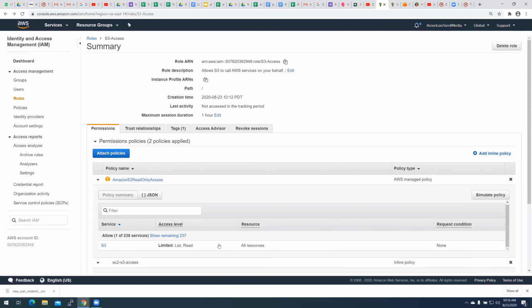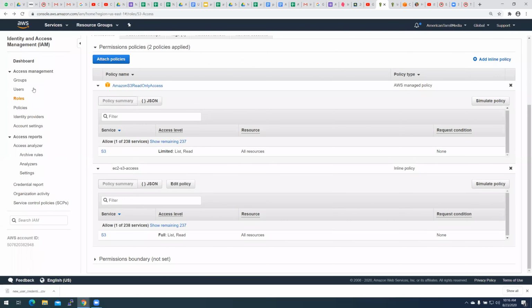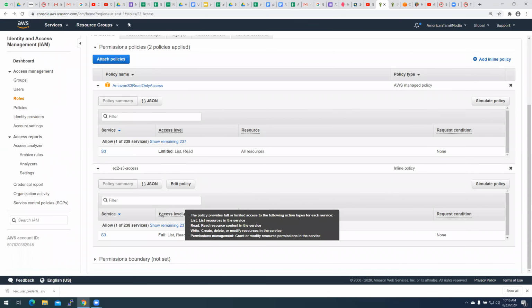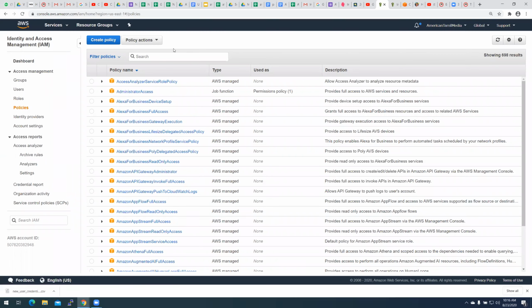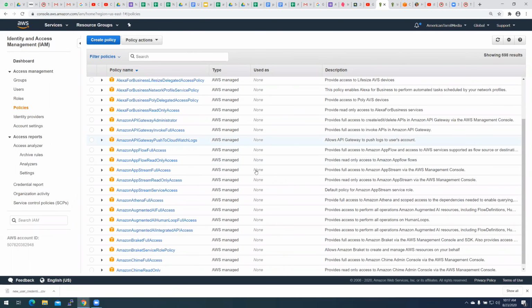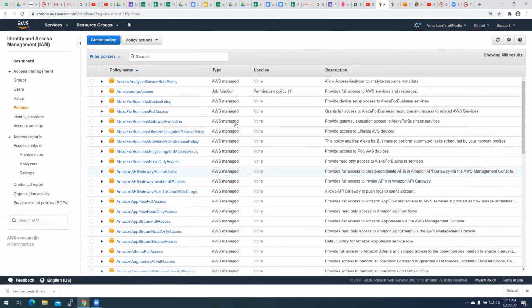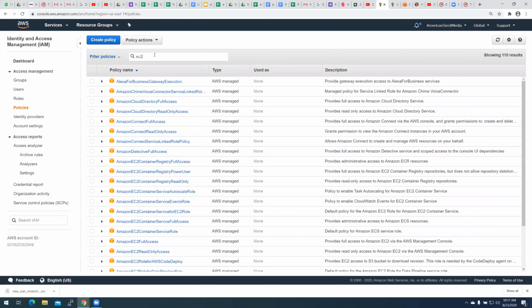So at a high level, this is how your policies are created and attached to users or roles. Those users can then execute whatever permissions are granted in these policies. This is the list of all the policies that are AWS managed, but you can also filter to look for your own policies.